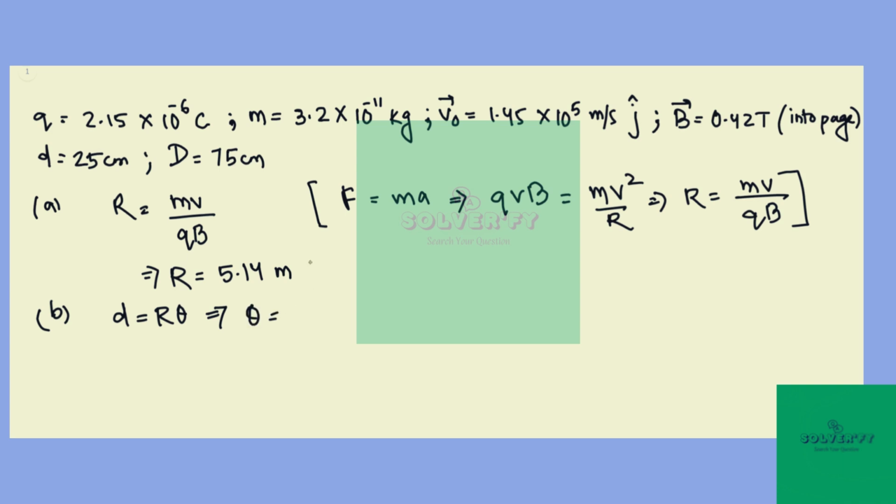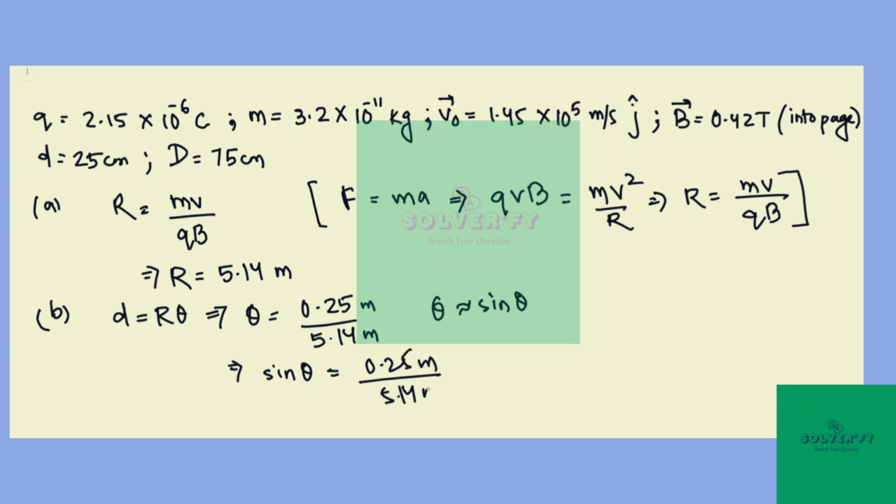theta to be equal to 0.25 over 5.14 meters, and theta is nearly equal to sine theta for small angle measurement, which is the case over here, and this gives sine theta to be equal to 0.25 meter over 5.14 meters, and this gives theta to be 2.79 degrees, or in radians this will be,